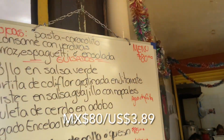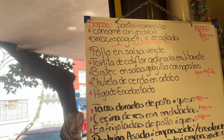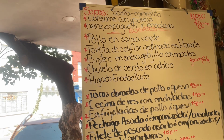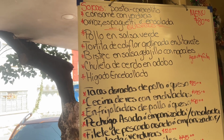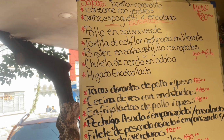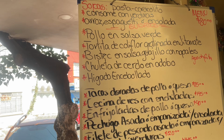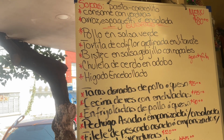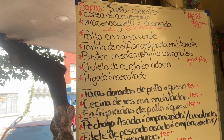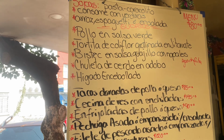This is only $4. So as you can see, it's 80 pesos. So it comes with a soup. Sorry, I missed that. So soup today looks like a consomme with vegetables. And then you can get rice or spaghetti. And then their mains today look like chicken and green sauce, green salsa, a little cauliflower torta, kind of a fried fritter, cauliflower fritter, and tomato sauce, steak and salsa guajillo with cactus. Guajillo would be a certain chili here, and then a pork chop in adobo sauce, and